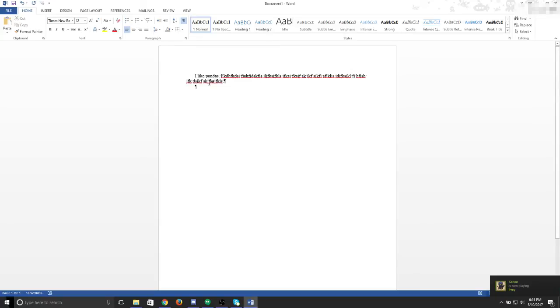Something else to note, and this is, again, the Pilcrow activates a lot of things. It tells you when something is happening. For example, if you hit tab or if you hit shift enter. These are the little ugly arrows I told you about. It'll also let you know if you have a double space between words and letters. So I'm pretty mindful of it. It'll create one of those